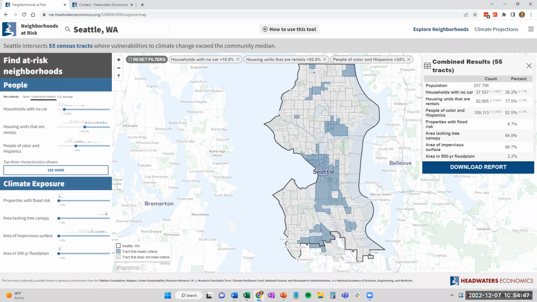Yes, that's absolutely perfect. And then if you wanted to take, let's say, a regional or a watershed approach, potentially you could change the boundary for that particular area. Yes, right now we have only cities, counties, and states. So you could do a county level approach. We're not able right now to do multiple counties, but the data are available for download, so for folks with GIS capacity, they can do their own analysis. Thanks so much. Yeah, thank you.